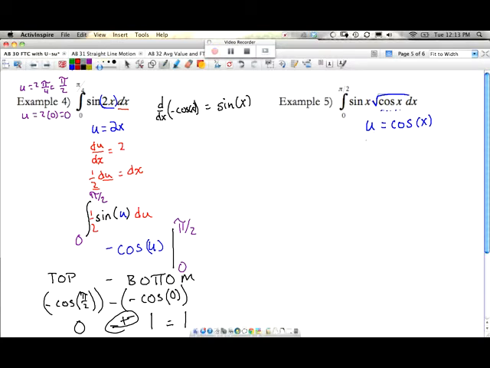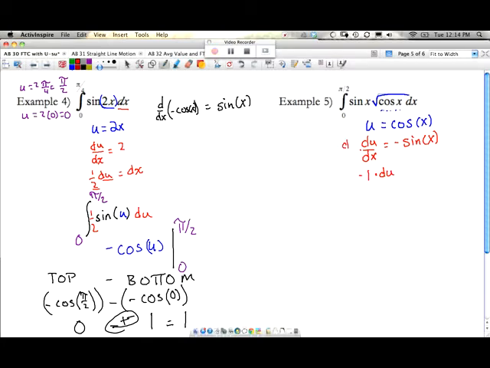Okay, now let's start talking about the derivative of that. Well, du dx, taking the derivative of both sides, it's going to be negative sine of x. Now I want that sine in there, but that negative isn't really helping me. So that tells me that if I multiply both sides by negative 1,